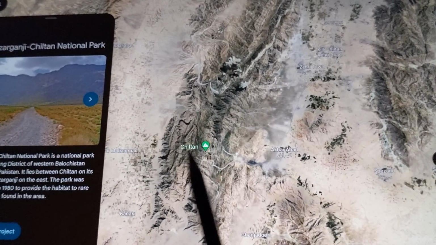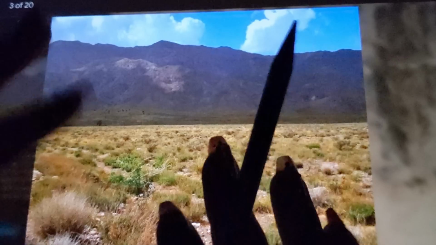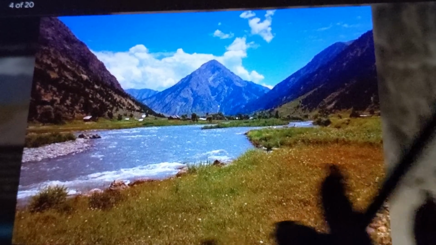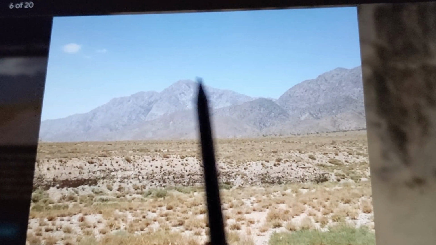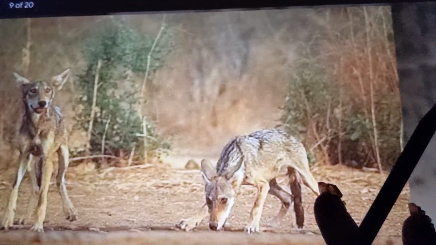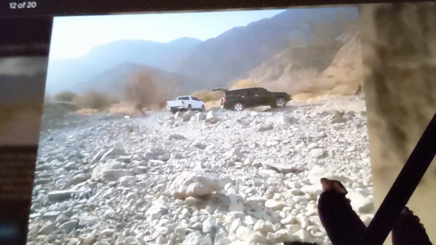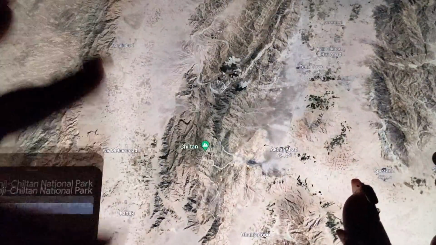I always see Cheeton, like the Japanese character. Don't listen to me. This beautiful landscape here again reminds me of Arizona. I know when we were just in Turkmenistan a few days ago, I was like, this looks like New Mexico. Oh, this doesn't. My goodness, that's gorgeous. Wow, look at this snow. This is giving me more Arizona or even very Southern California vibes. Just very beautiful landscape in a little barren way. Some wild dogs, maybe some wolves. Beautiful tree. Isn't that a lovely tree? And there's a lovely park here just outside of Quetta where you can take all of your selfies.